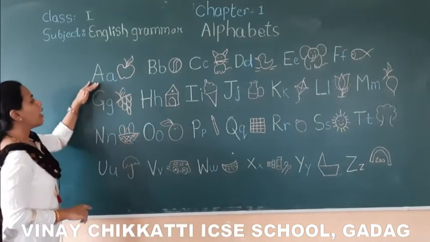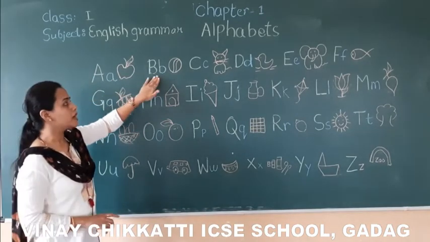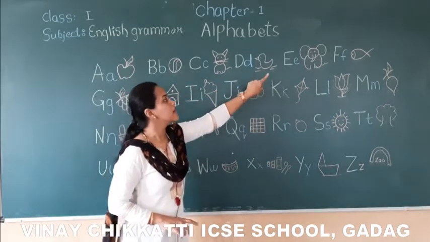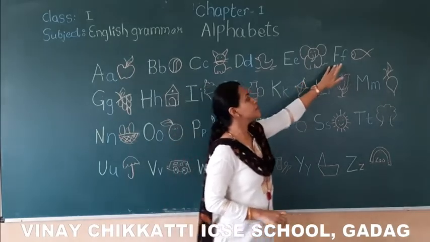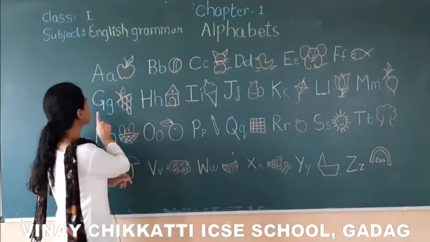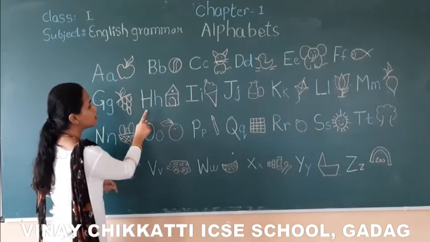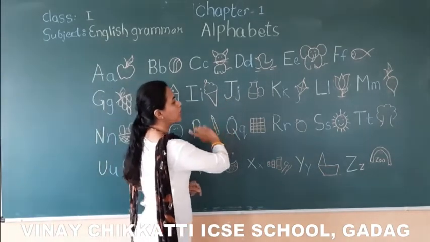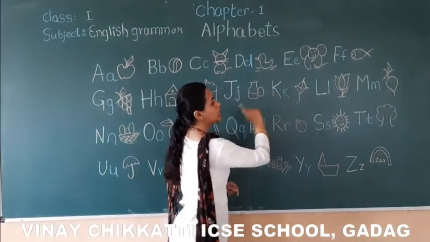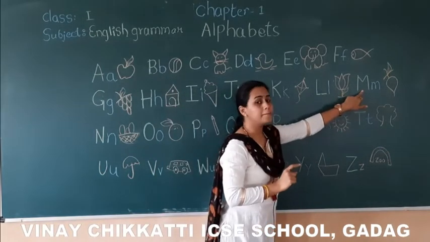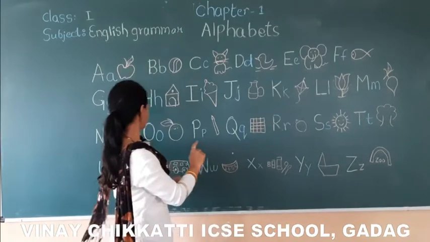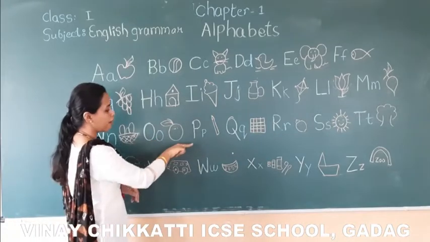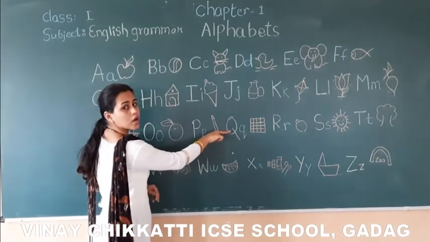Okay. So, apple, ball, cat, duck, elephant, fish, grapes, house, ice cream, jug, kite, lotus, mango, nest, orange, pen, quilt,